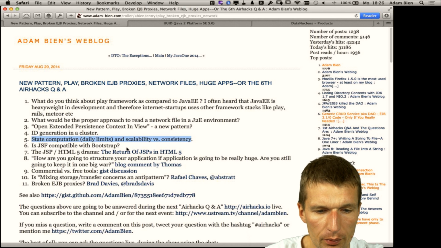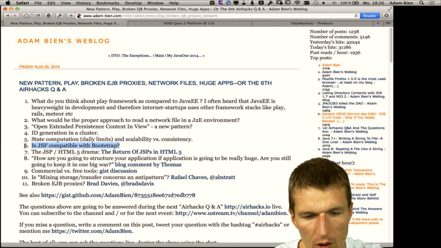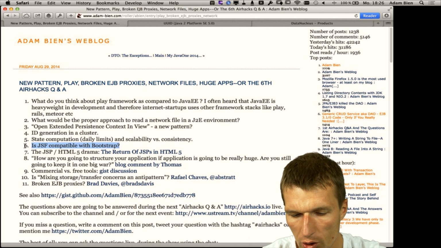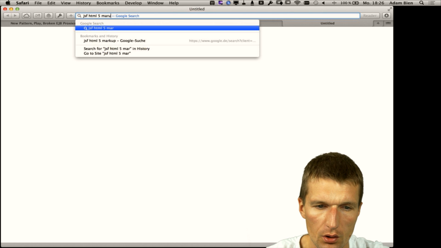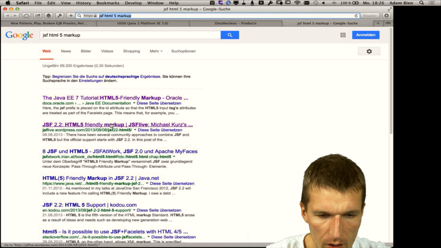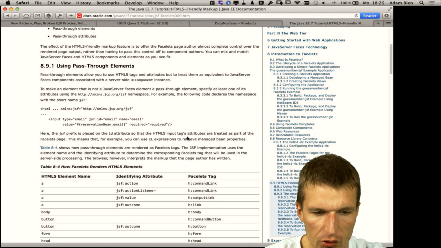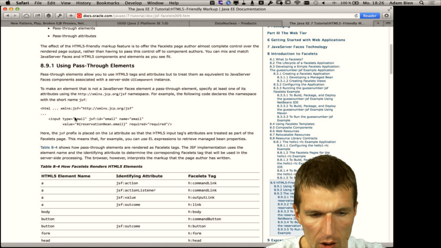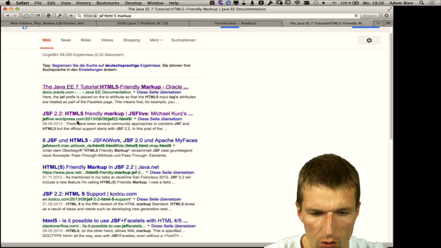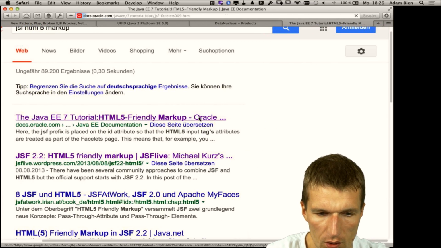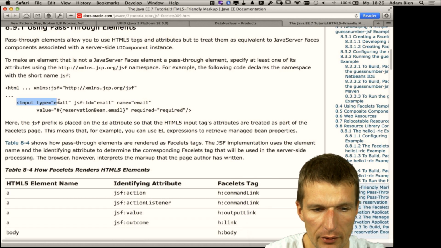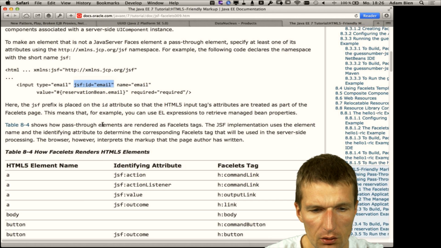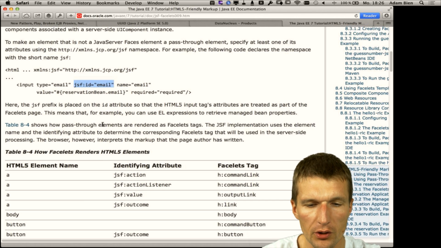Is JSF compatible with Bootstrap? Of course. I actually showed this in one of the recent airhacks, and what JSF comes with is HTML5 markup. Let's see whether I will find this. This is what I wanted to see. What you can do in the recent JSF version is reverse the markup and use HTML5 as the main markup and just annotate it with the JSF ID, and then you have full control over what actually gets passed to the backend. And if you have IDs and classes, you can use Bootstrap, Foundation, whatever you like to